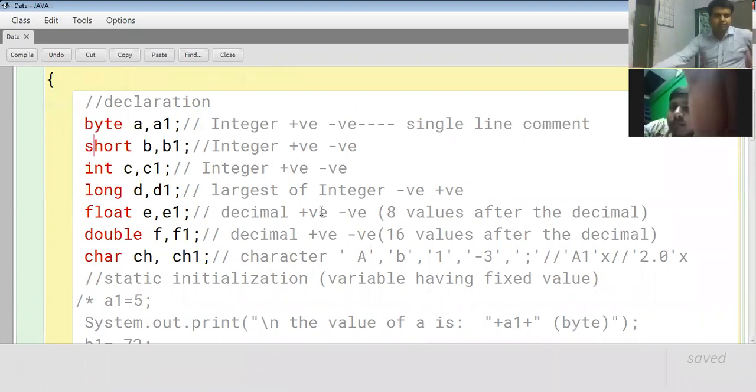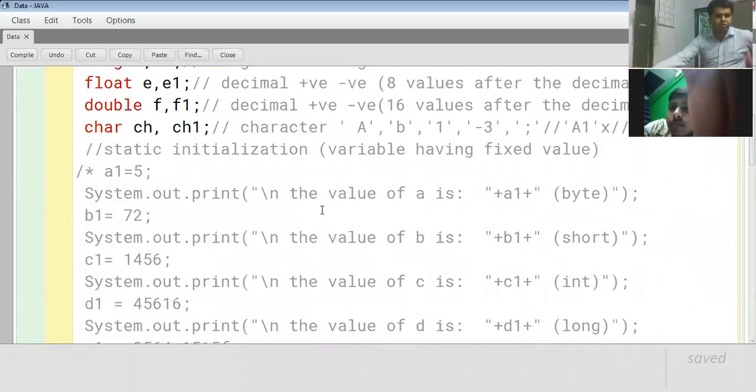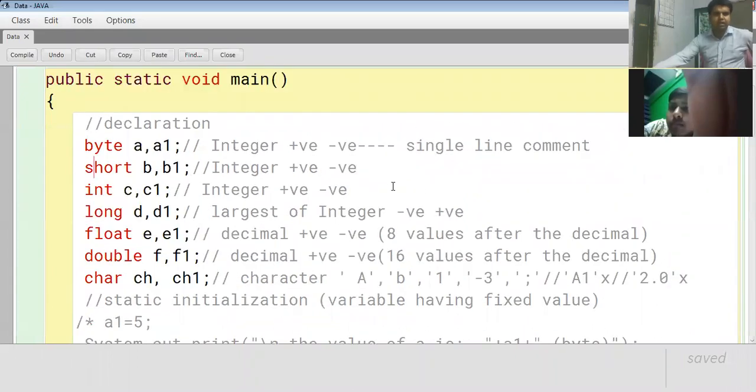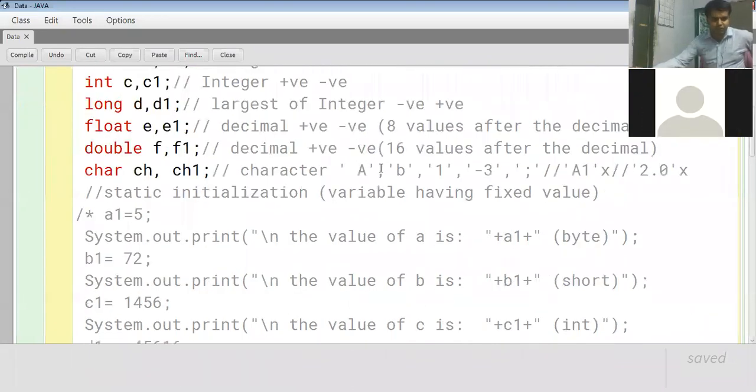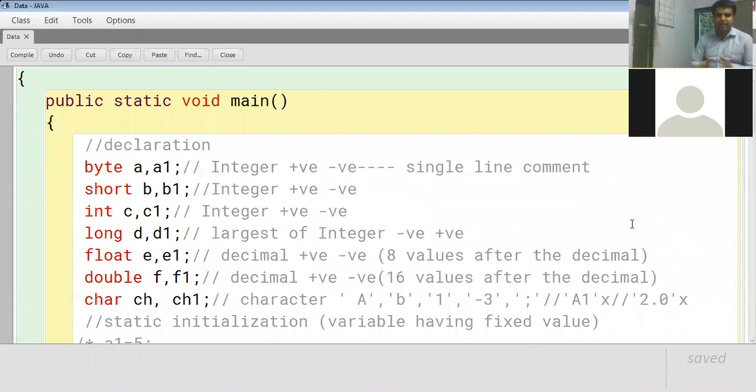Okay, so that I'm going to show you right now in the form of an example. For each and every data type, I will take a few correct inputs and a few incorrect inputs. I don't think I will be able to finish today, but I will try to cover as many topics as possible.